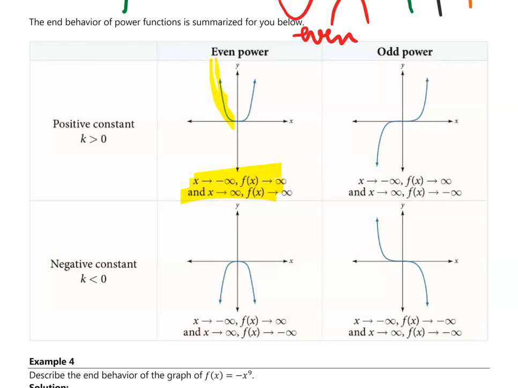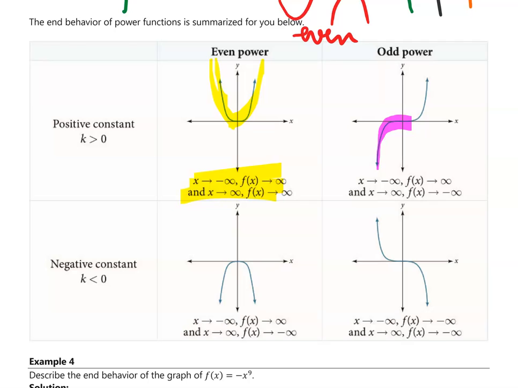As x approaches infinity, f of x approaches also positive infinity. Here, for odd power, as x approaches negative infinity, f of x approaches positive infinity, and as x approaches infinity,